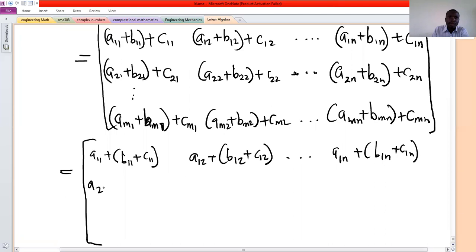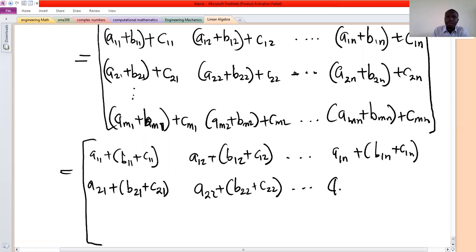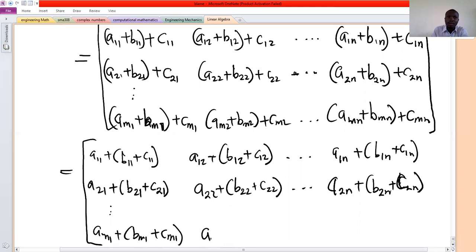And then I have A21 plus B21 plus C21, A22 plus B22 plus C22, all the way up to A2n plus B2n plus C2n, and then all the way up to AM1 plus BM1 plus CM1, AM2 plus BM2 plus CM2, all the way up to